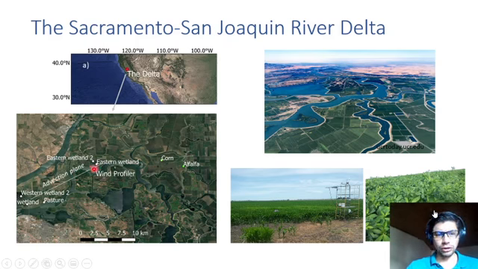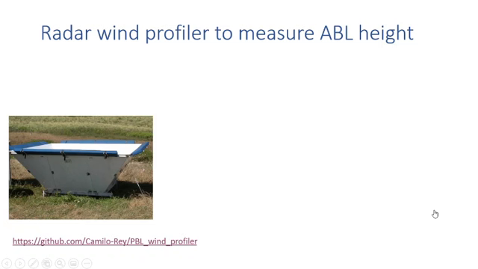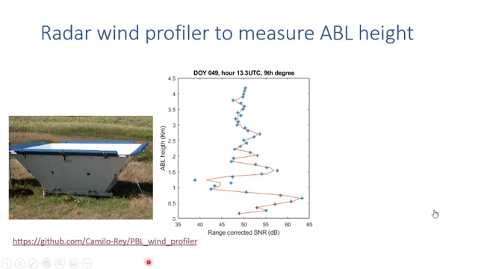So very important also, we have here this wind profiler, which is part of NOAA's wind profiler network, which allows us to have continuous measurements of boundary layer height. So one of the first steps in this project was to use the data from this radar wind profiler that takes the vertical profile of the signal to noise ratio of the radar returns to calculate the atmospheric boundary layer